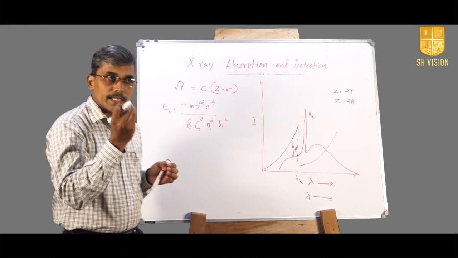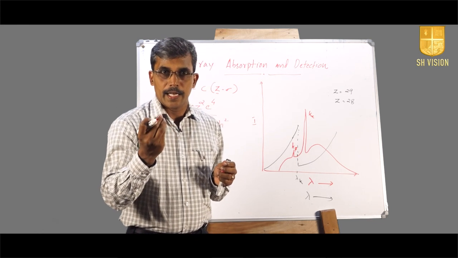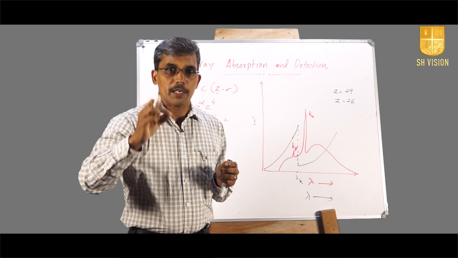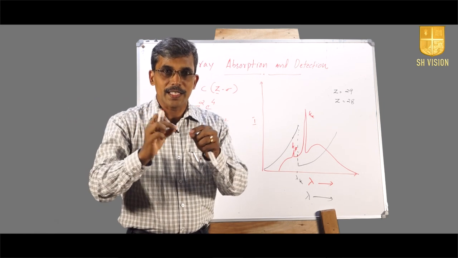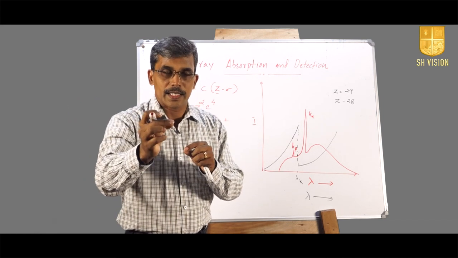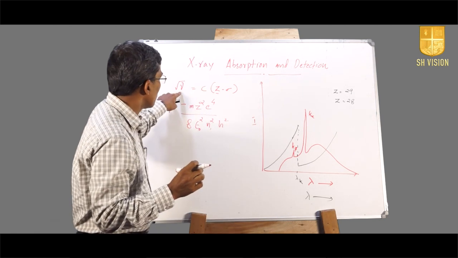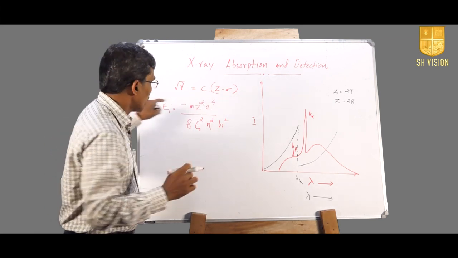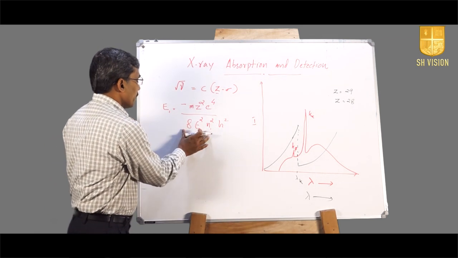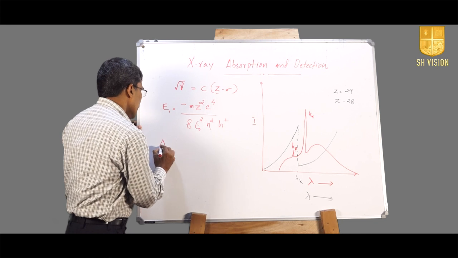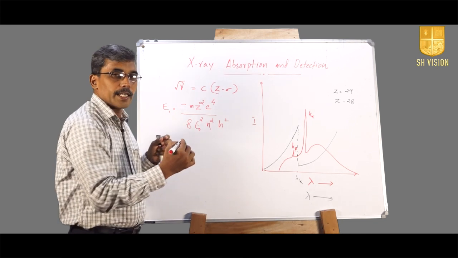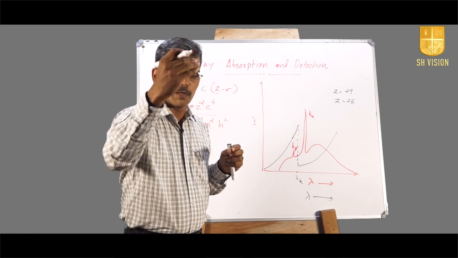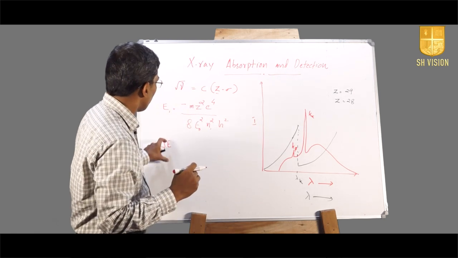So, when we are studying the energy of K alpha, the electron from L orbit is falling into K orbit. The difference between the two energies will come out as K alpha radiation and its frequency is directly proportional to atomic number. This is Moseley's law. So, if we take this expression, then when you calculate delta E, the change in energy when an electron falls from L orbit to K orbit or M orbit to K orbit,